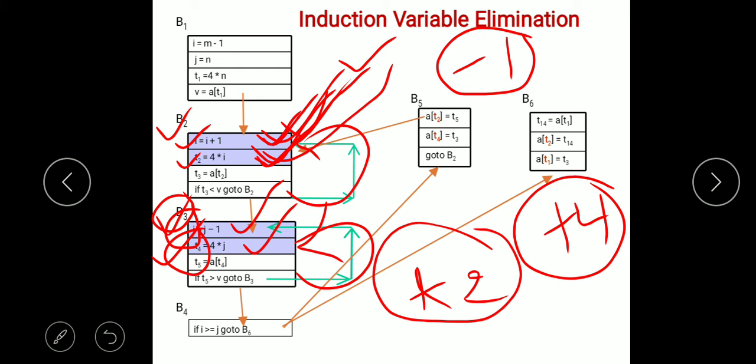So how do we eliminate them? We can make changes in the basic block without affecting the meaning of the intermediate code in this way.